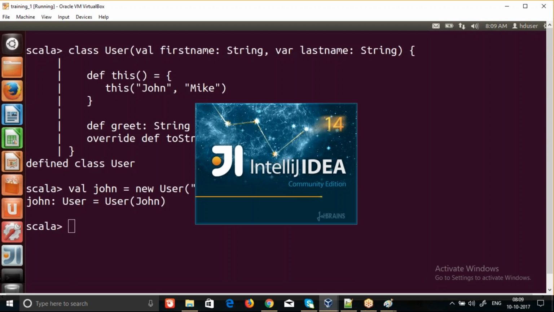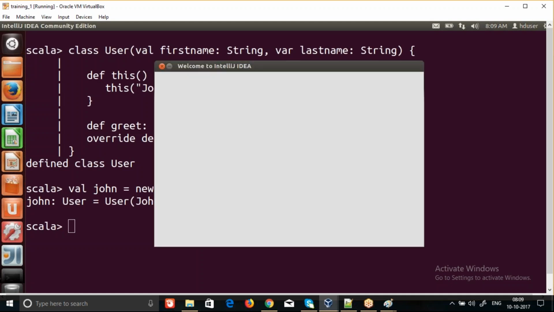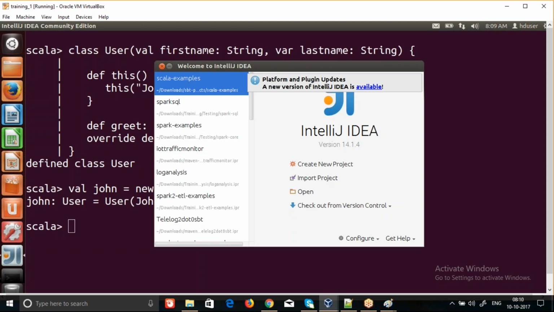Intellij is similar to Eclipse, but a bit lightweight, hence I'm using Intellij. If you are comfortable with Eclipse, please do use Eclipse. If you are comfortable with Intellij,